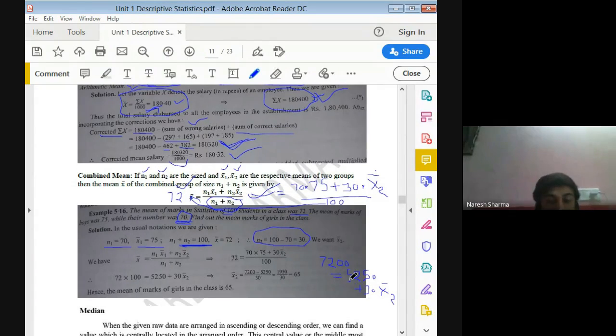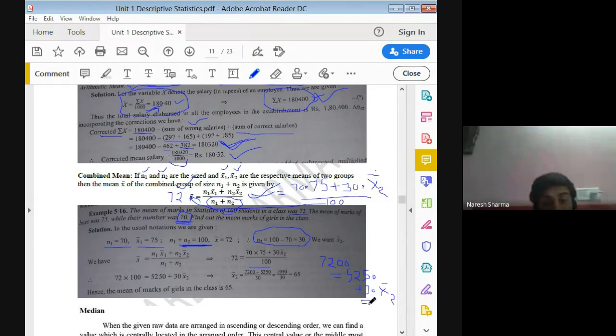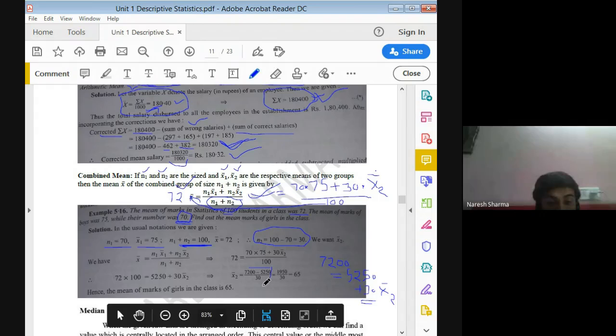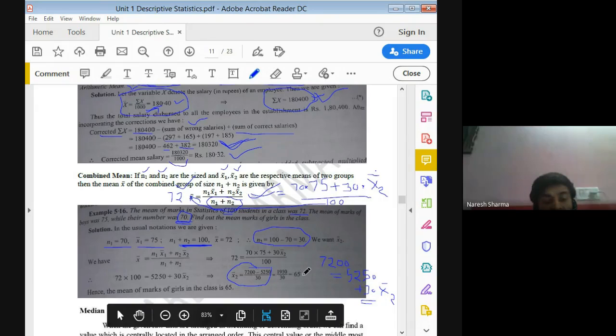So just shift the 5,250 to the left hand side. We get the difference, 7200 minus 5250, divided by 30. We get the value of x2 bar, which in this example is 1950 by 30. If you divide this, you get 65, which is the mean of marks of